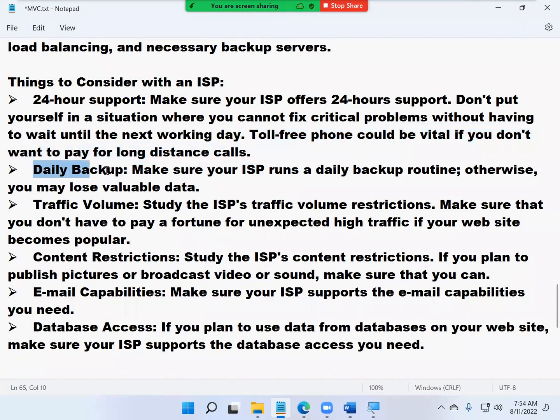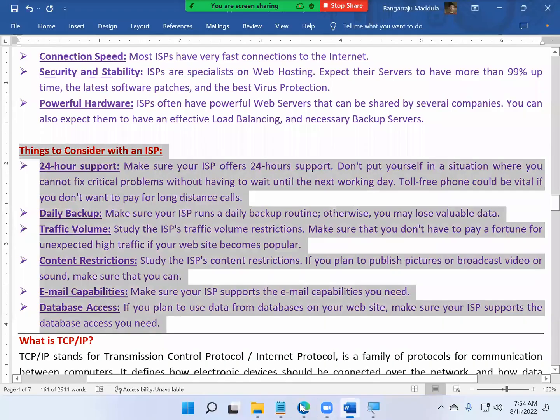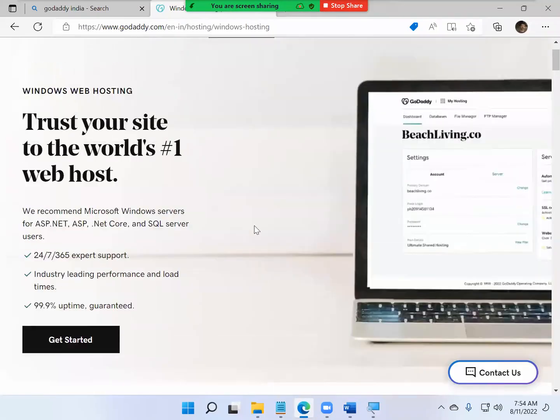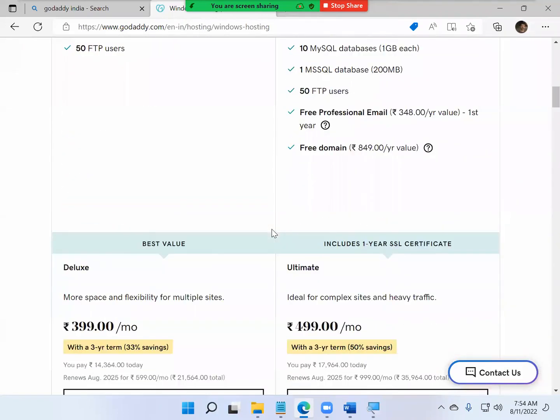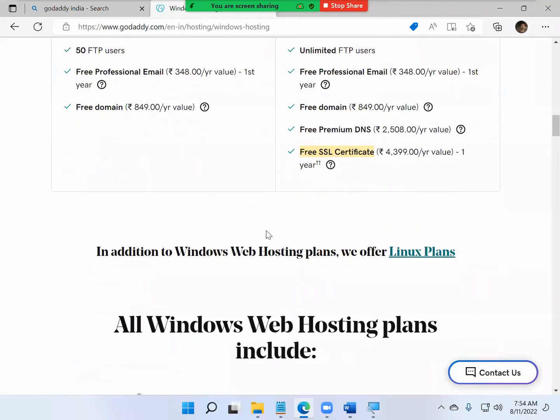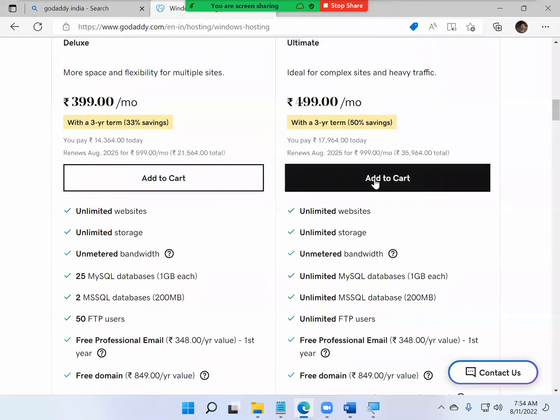Okay, next. Do they have any daily backup mechanism? Make sure your ISP runs a daily backup routine, otherwise you may lose valuable data. Backup services will also be available from the ISPs. Suppose, for example, I select this one and add to cart.